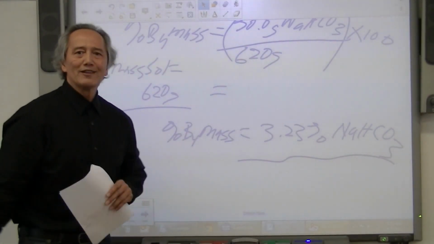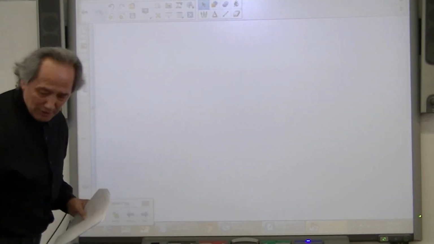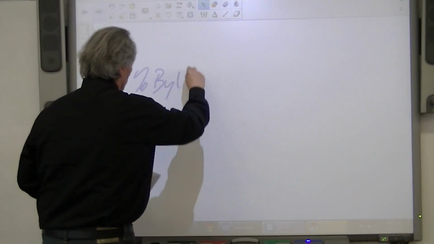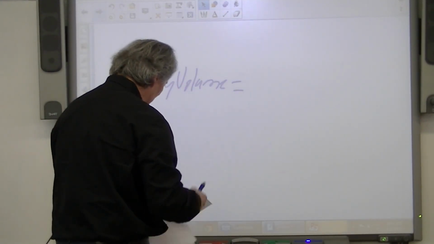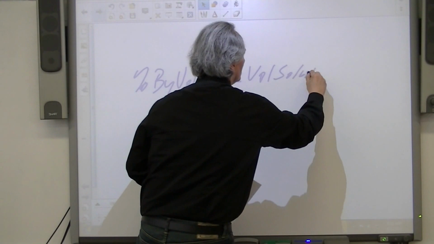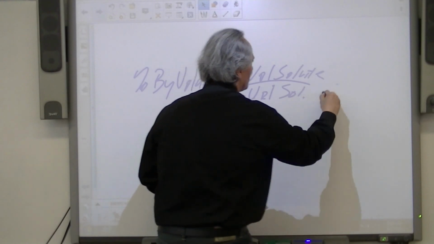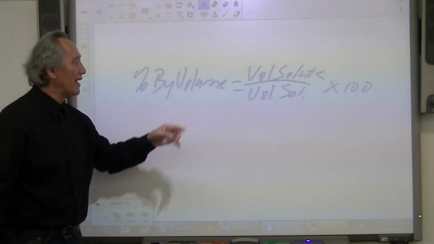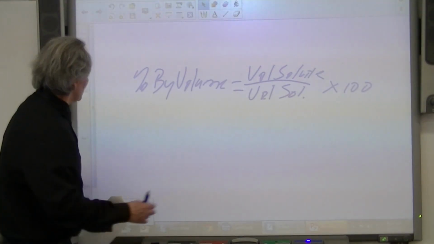Okay? Let's move forward. Let's go to the second method of calculating solution concentration, and that is known as percent by volume. Note that percent by volume is expressed as the volume of solute divided by the volume of solution, SOL, abbreviated for solution, times 100 to give us our percent. Note this is pretty close to the percent by mass, but again, this is volume expressed: volume of solute, also volume of solution.